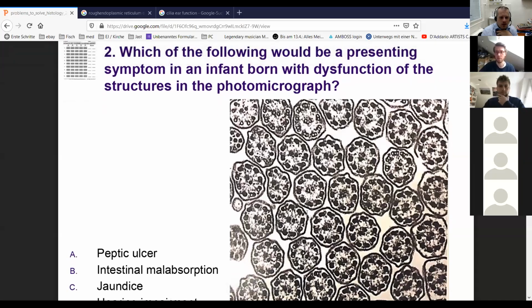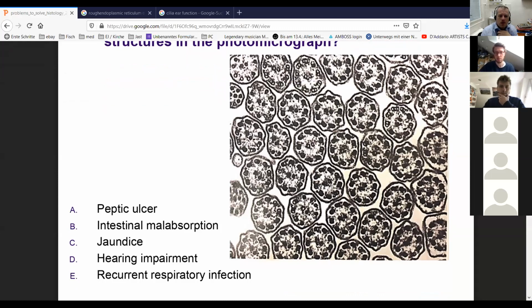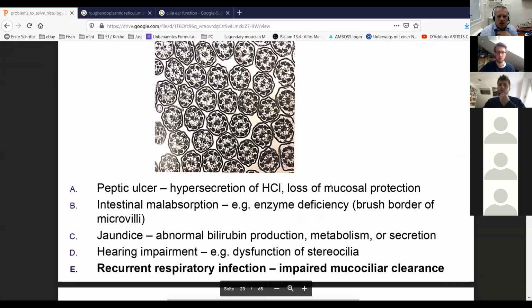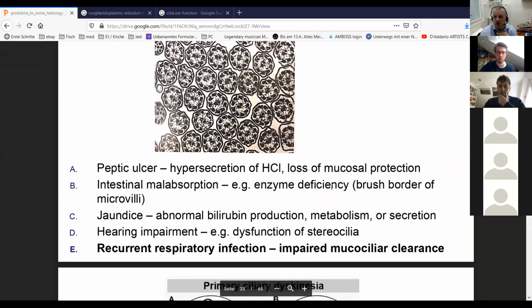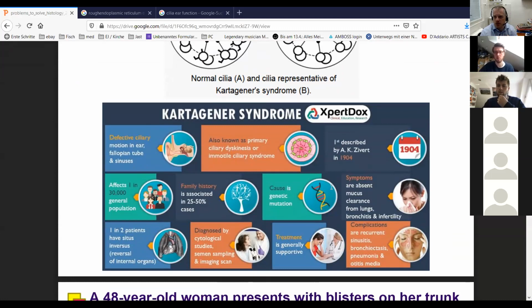How can I help you? Yeah, I think we are ready for the next answer. We think that it's E, recurrent respiratory infection. And which slide are you on? If you can share your screen within this group, so I can see where you are. Yes, obviously it's correct. And if you go to another slide, you can follow a short explanation why that is, and why the other options were actually not the best choice. These are all existing problems, but without connection to